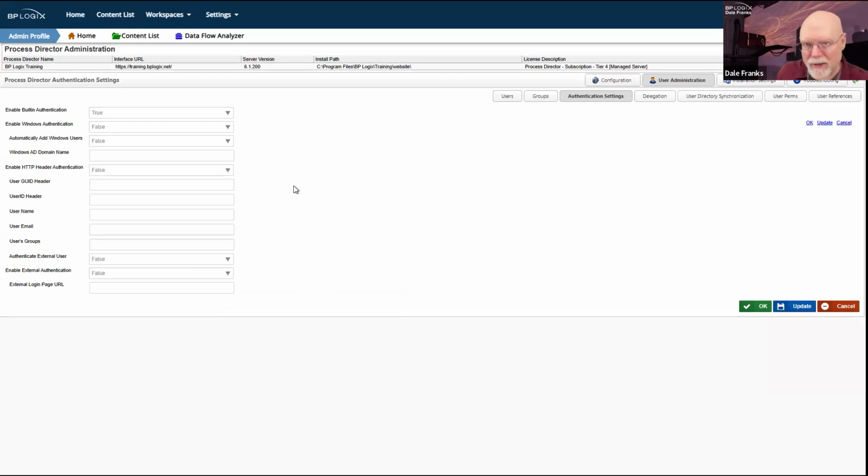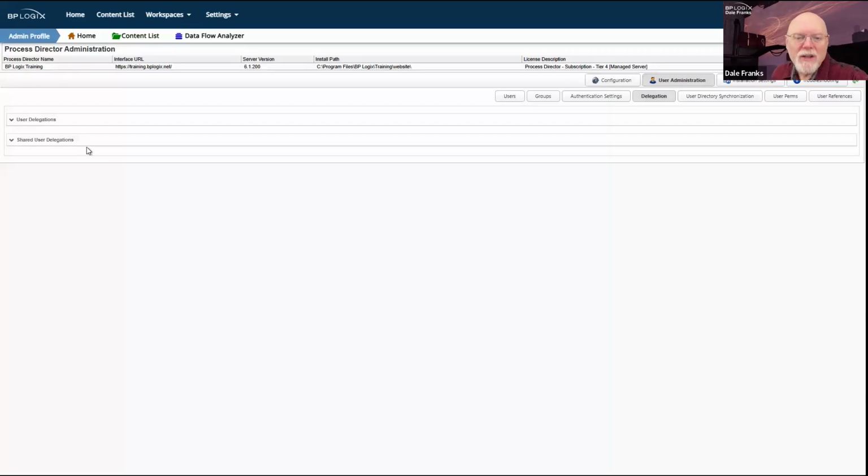For most of you, you're on the cloud. You'll never look at this. It simply won't be relevant to you. Most of you will be on SAML. For you on-premise customers, if you want to use some alternative login methods other than creating built-in accounts and just having them log in directly on the homepage, which I think for most on-premise systems is how you do it, either that or by Windows authentication directly, so that you just use Windows SSO. If you want to do that, this is where you'd set up specifically Windows SSO.